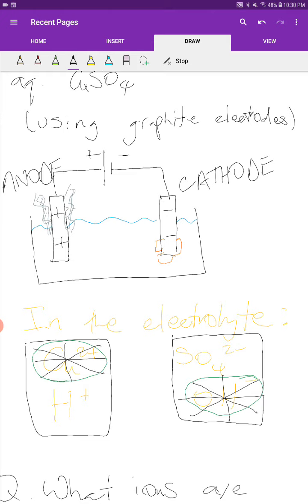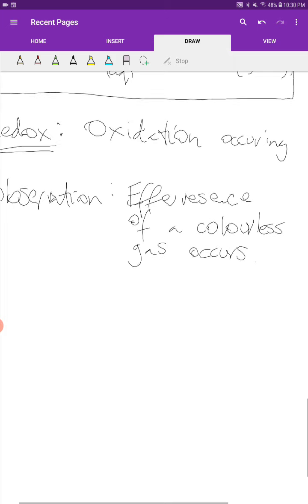Those are the two ions that are present in sulfuric acid. So our electrolyte is going to become more acidic. Alright? And think about the color that's associated with copper, that nice pretty blue. The blue color of the electrolyte is going to fade until it becomes colorless, because we are removing copper ions from the electrolyte. So the last type of question you can be asked: